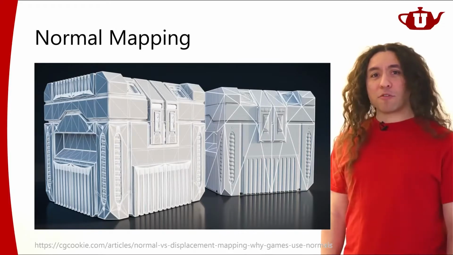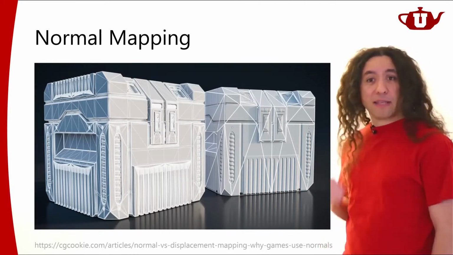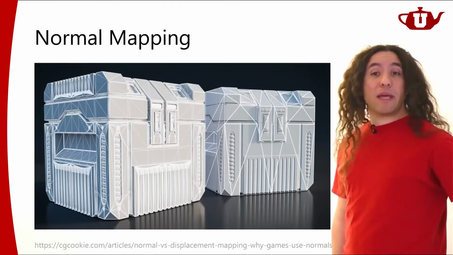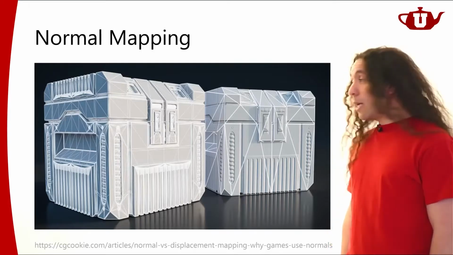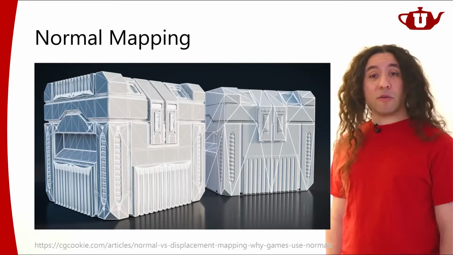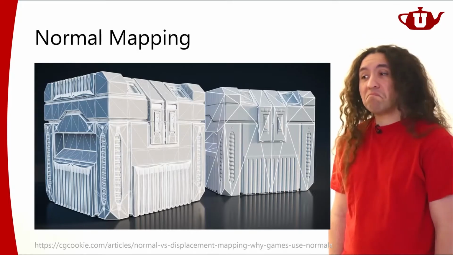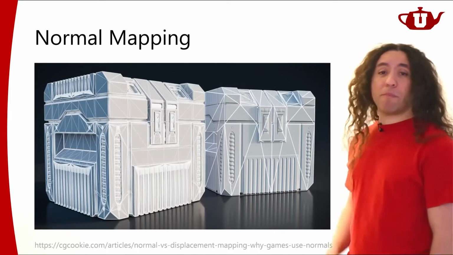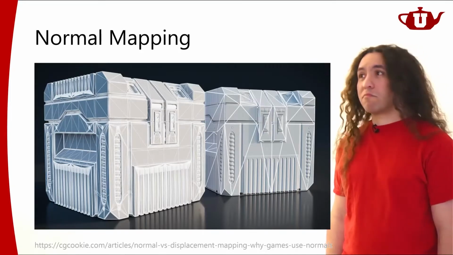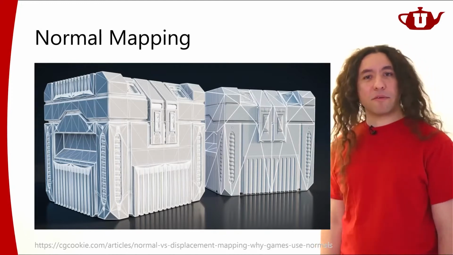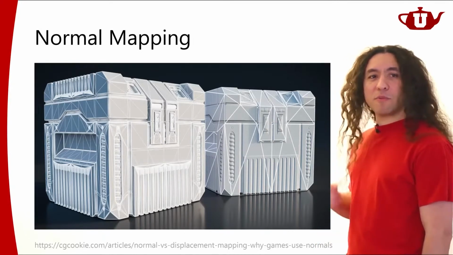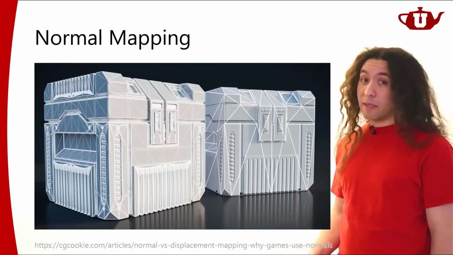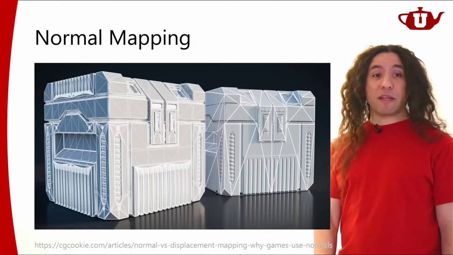It's not just about rendering. Yeah, you have some savings in rendering. It's faster to render with normal maps, with this lower resolution model with normal maps, than it would be to render the high resolution model. At the same time, this might be easier to model too. So from a content creation perspective, you can just get a texture like this, open it up in your favorite texture editing software, let's say Photoshop, and you draw these lines and convert them to normal maps, and then you're done, right? It might be, I'm not saying it always is, but it might be even easier to model. But it's definitely faster to render.